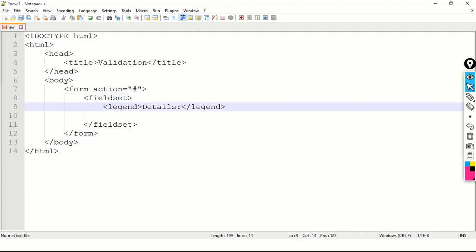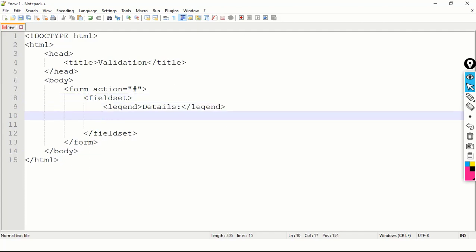Then we have the legend tag. In the legend tag, I am taking one input control element, input type is equal to text, okay, and id is equal to name, and placeholder